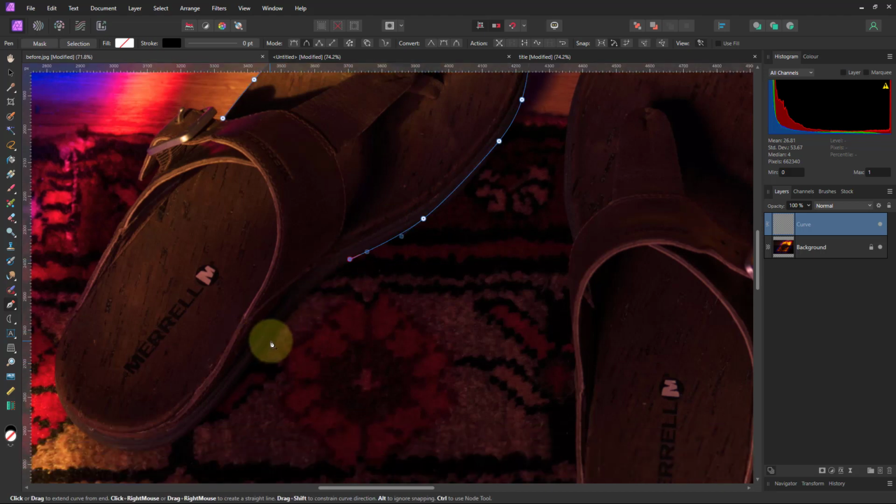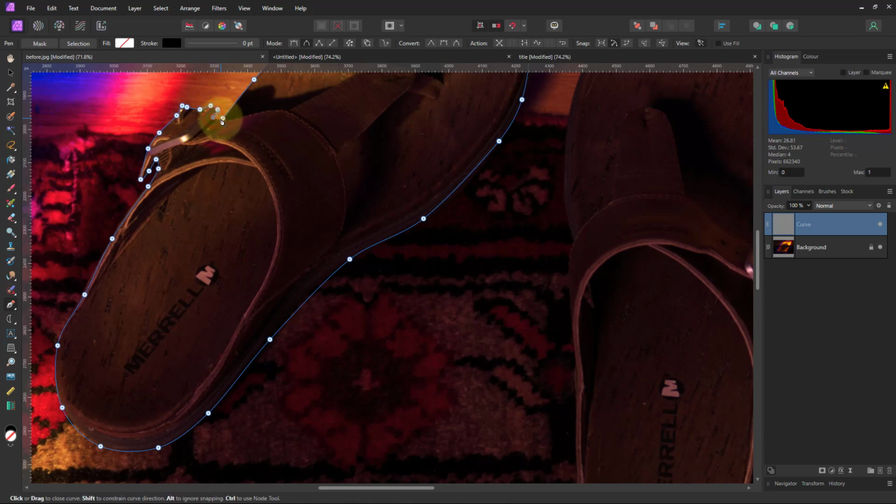So you might even look very carefully where this is going. And the sharper the curve, the closer you're going to get. But don't worry if you don't get exactly where you want to go, because when you are finished, you can go in and adjust things and even add new nodes or little points